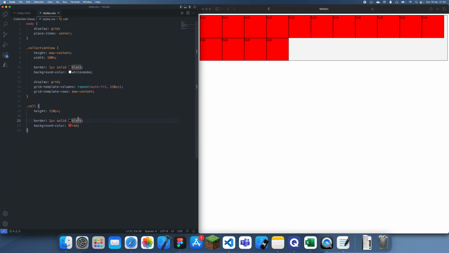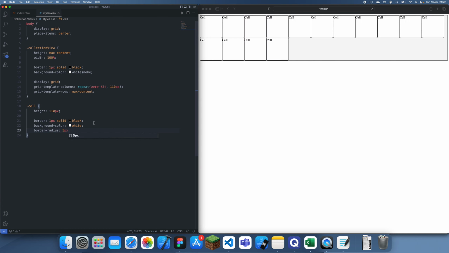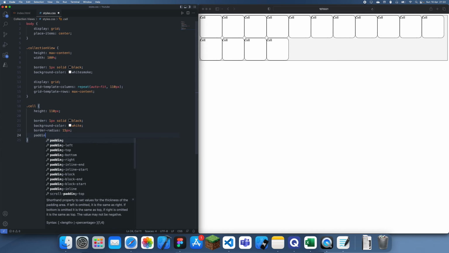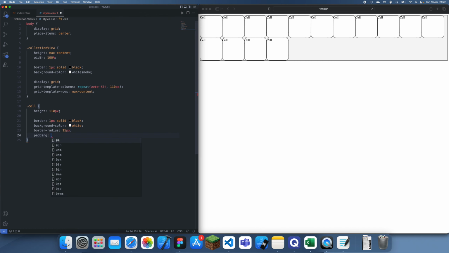Okay, so this is looking pretty good so far. Just going to make this look a bit nicer by making this white, and we can also add a border radius. Let's just say 5 pixels. Okay, let's say 15, and add some padding. Do I want to add padding? Okay, yeah, I'll just add it. So actually no, it's fine. We can just center the content like this. So this display grid is just